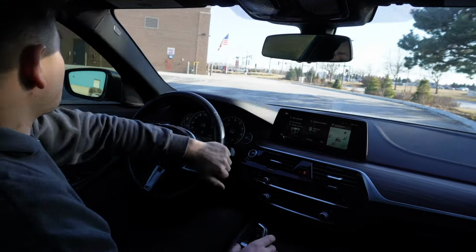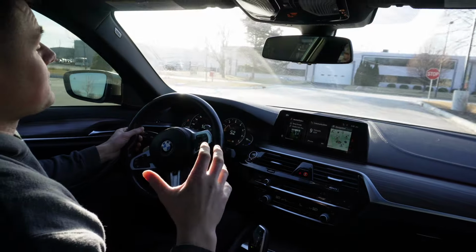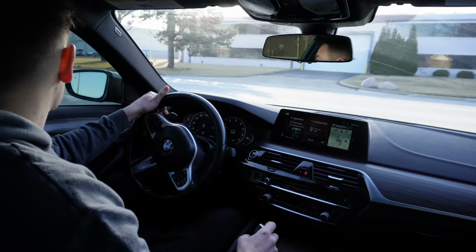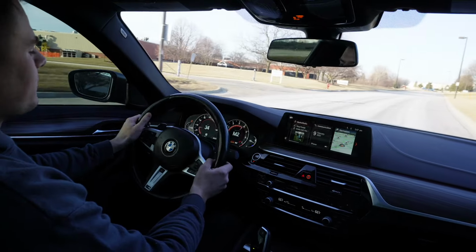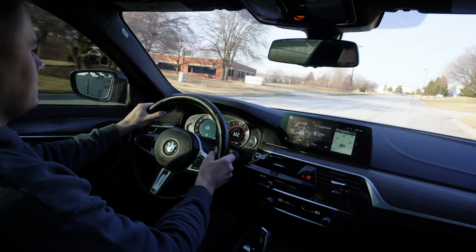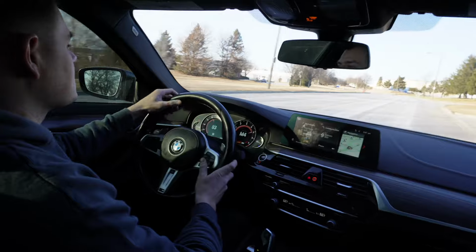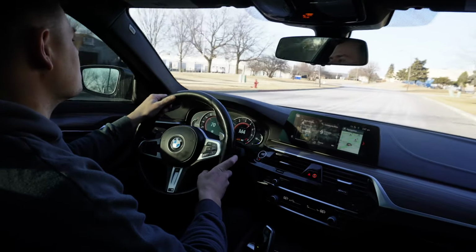I really don't understand why more people don't buy these cars. 0 to 60 is supposed to be between 3.6 and 3.8 bone stock, and yeah, it's every bit of that. All right, so we're gonna get up to 40 here and do a quick little 40 roll on this road. God damn, dude. This car is